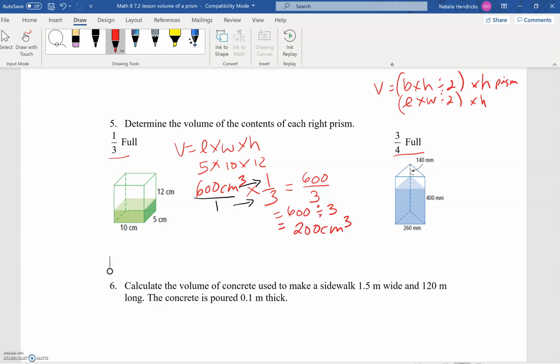All right, so remember you have to do the triangle first, so you have to do this times this. So it's 260 times 140 divided by 2. See, this line is the same as this line, okay? And then times our height, and our height of the prism is 400. So 260 times 140 is